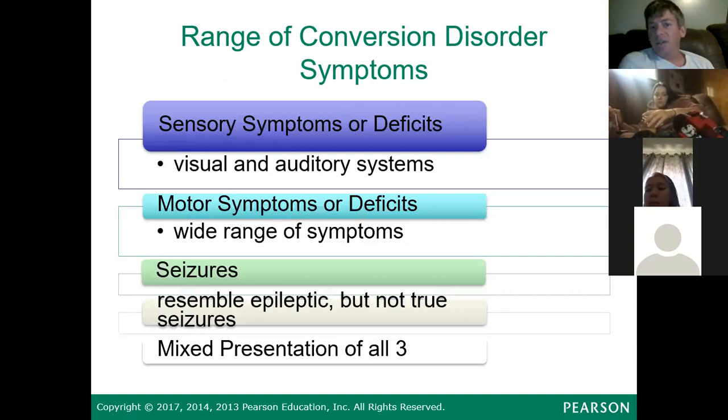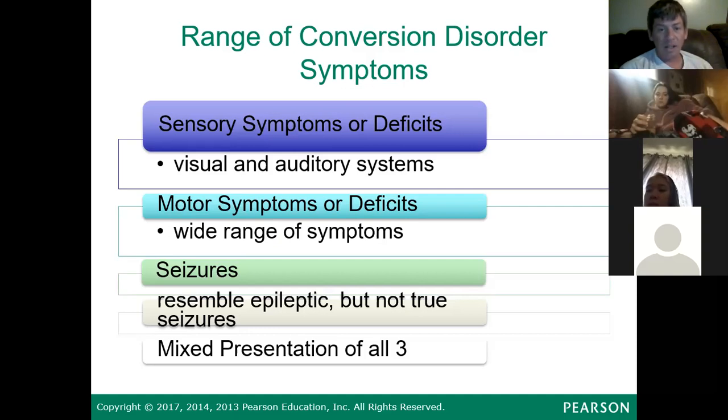So there's a range of conversion disorder symptoms. The sensory symptoms or deficits are typically related to visual and auditory systems. So they could hear or see things, or they don't hear and see things well. They have motor